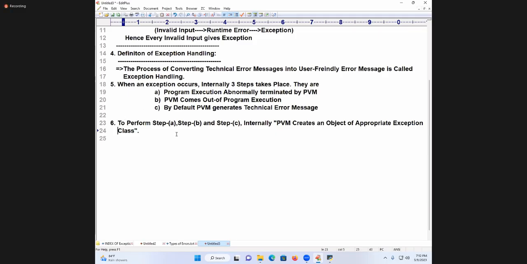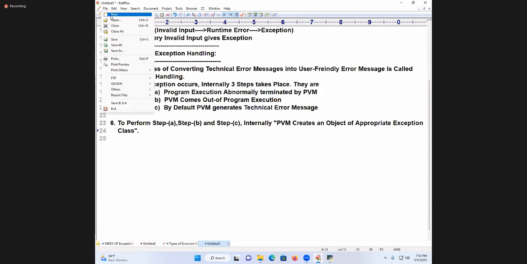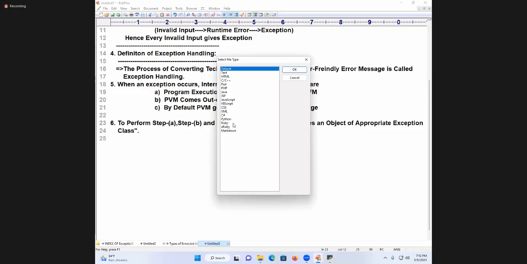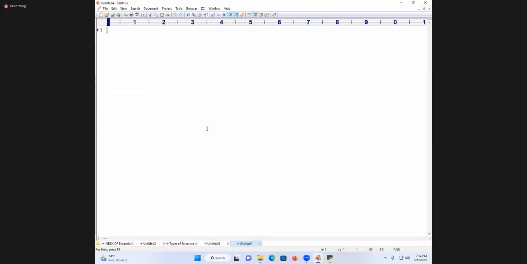And you will understand this point very easily. Take an example. I'll take one small example. Program for, okay, small example first, ex1.py. Print program execution started.